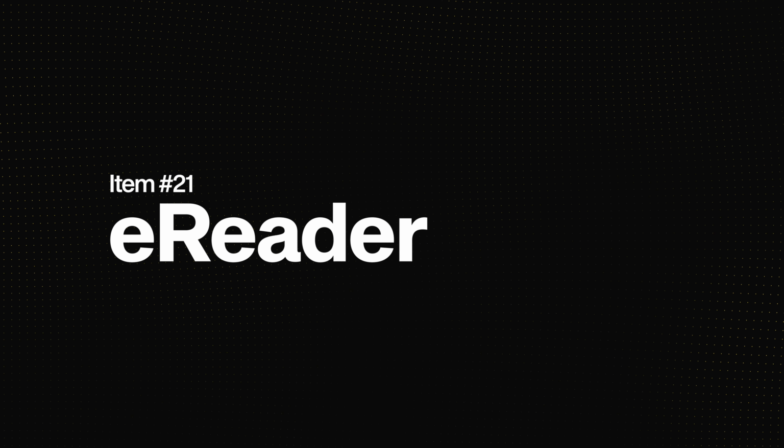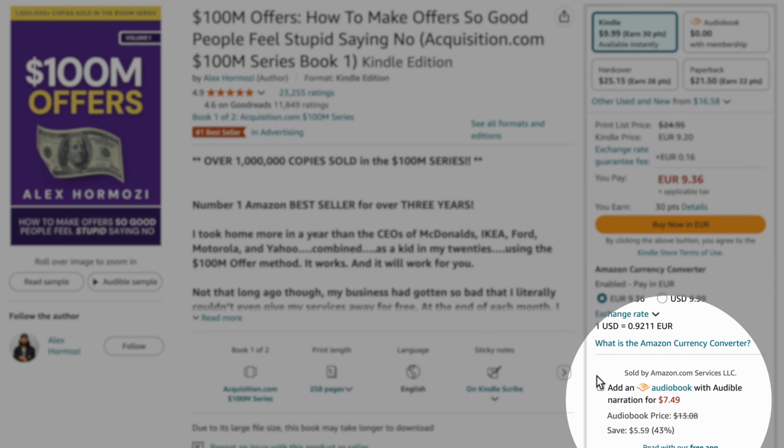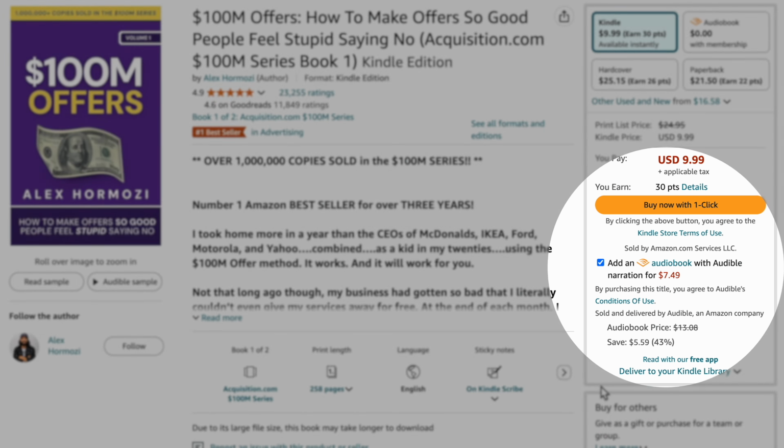Another thing that will probably stay at home next time around is the Kindle Paperwhite, because listen, I'm not a big reader to begin with, right? But Alex Hormozi recently said that it is a way better reading experience if you read on your iPhone with the Kindle app. It doesn't work for all of the books, but if you have one that works, like Alex Hormozi books, for example, then you can read while you listen to the actual,